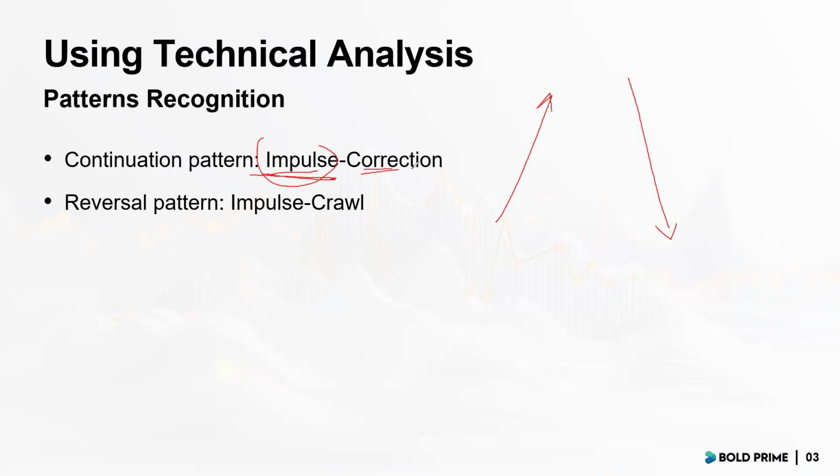Now, a correction is when the market is going up or coming down in a very slow manner. It bounces up and down, up and down. It can be tilting or slanting to the upside, or slanting to the downside. As long as the market is not going with momentum, we call that a correction. So at the end of the day, we have a couple of combinations over here. Let me just clean this up a little bit.